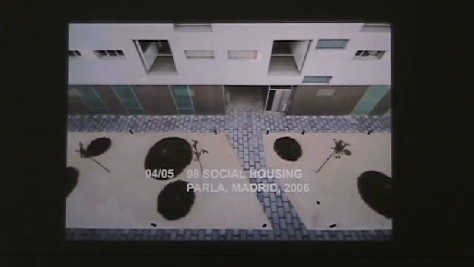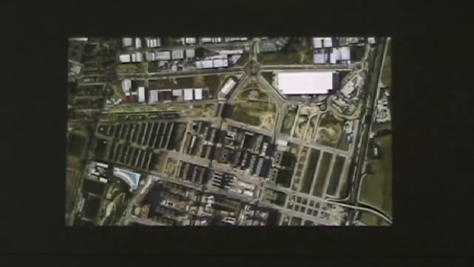The next project, 4 out of 5, is this group of 2 buildings for 98 units of social housing in Madrid, in the outskirts. The building is partly located here, these two buildings that are facing this area that is going to be used as a green area in the city.